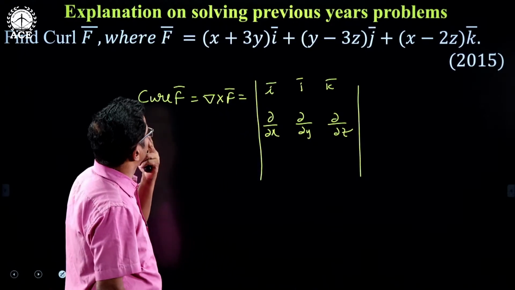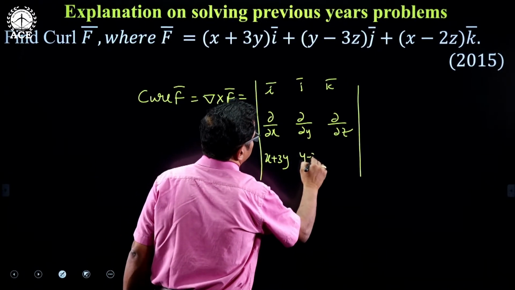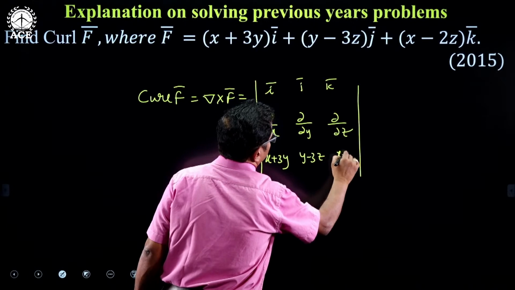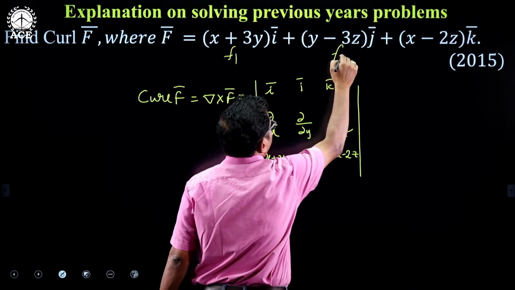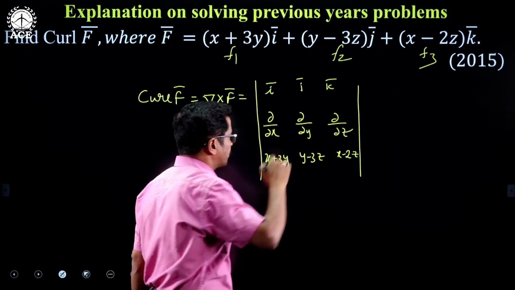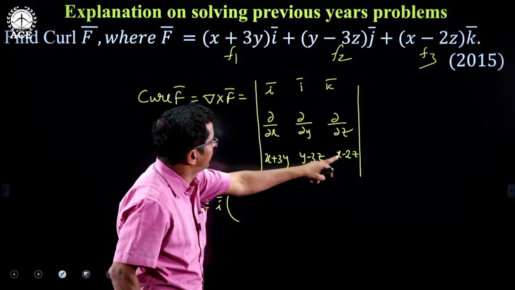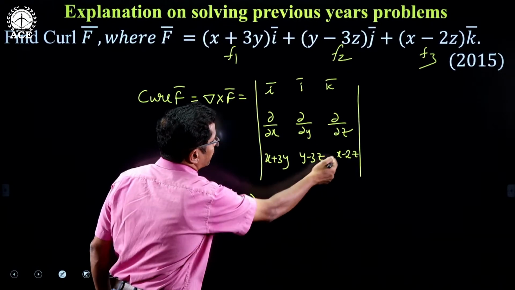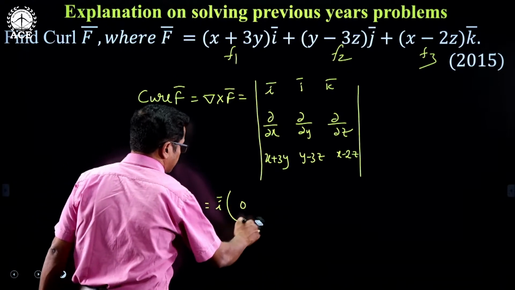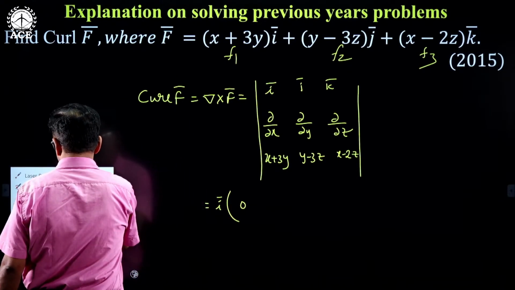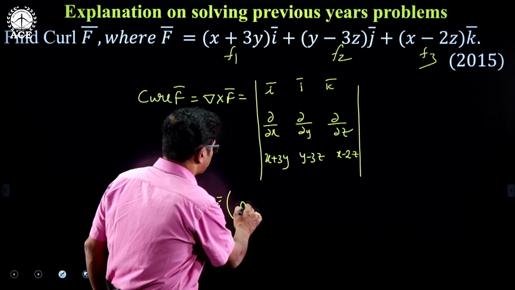Okay, so in the third row we have x plus 3y, y minus 3z and x minus 2z, because these are F1, F2, F3. Now you evaluate. Dou by dou y of F3 is 0, because there is no y term, it is independent of y. Dou by dou y of this is 0 minus